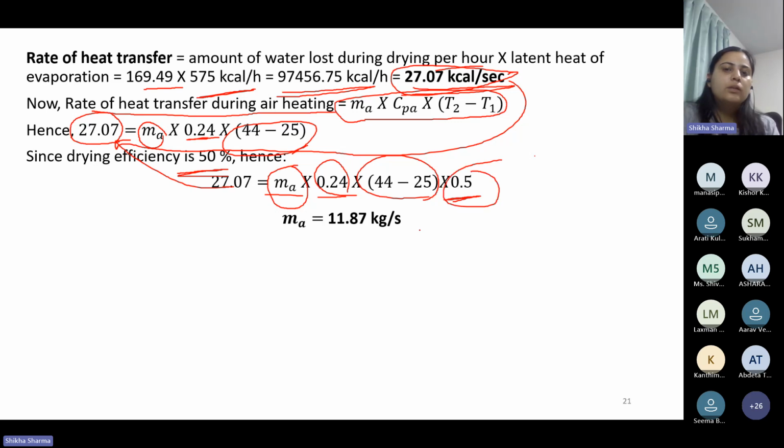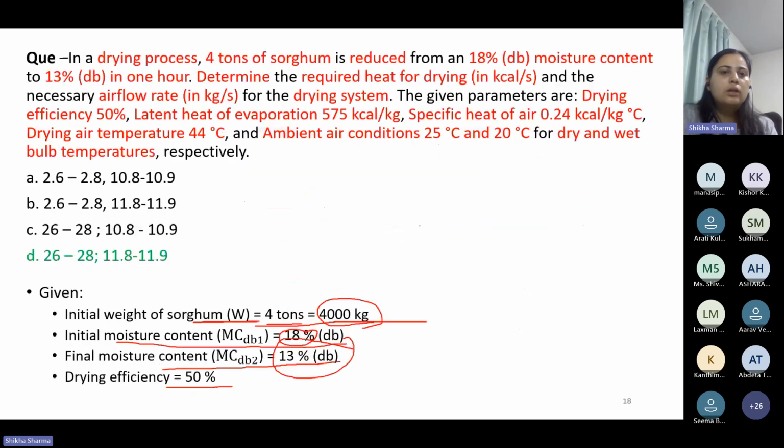So when we calculate, ma will be 11.87 kg per second. So this is our option D is correct,